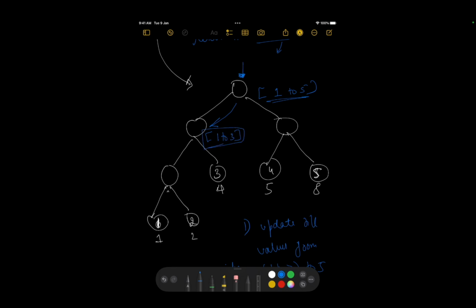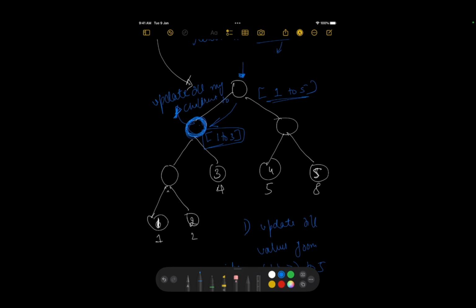Now it's gonna tell this particular node that, okay, I have an operation for you, and the operation is that you need to make all your children 5, right? Irrespective of what their value is. So it'll store some information in itself. So this particular node itself would store some information, and the information basically would be that, okay, update all my children